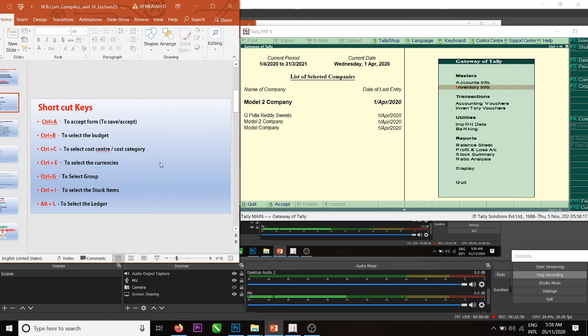That is Control B. In the same manner, Control C is for selecting the cost category.